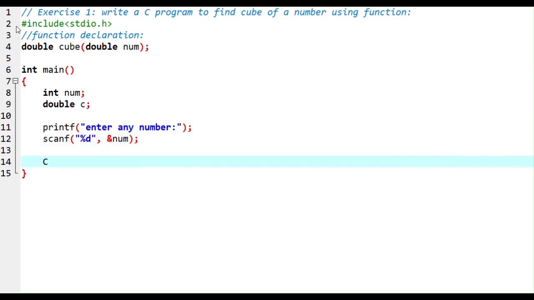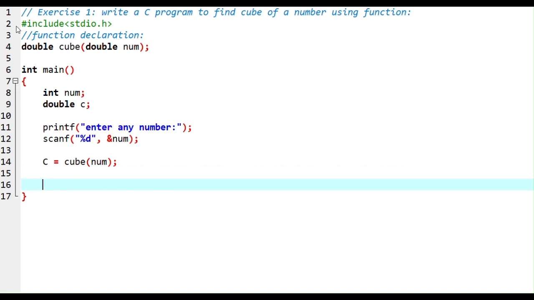Now C is equal to cube num. And printf the cube of the number is